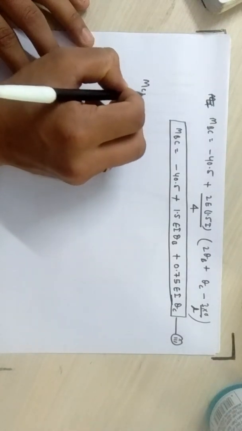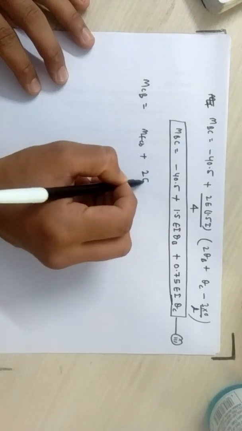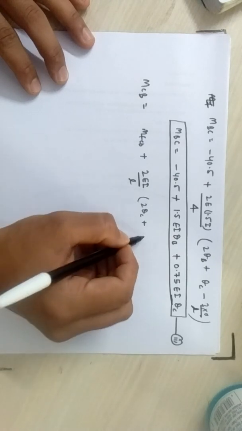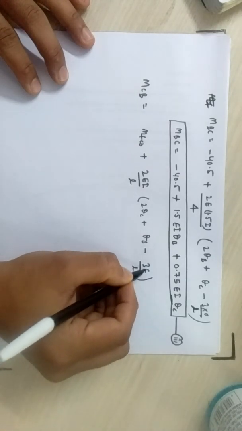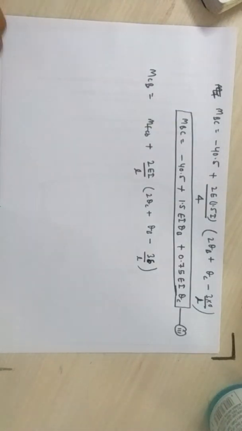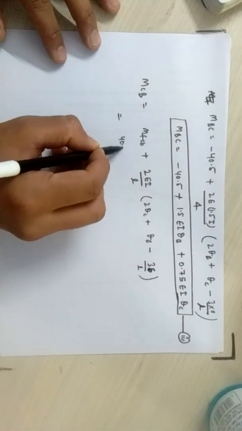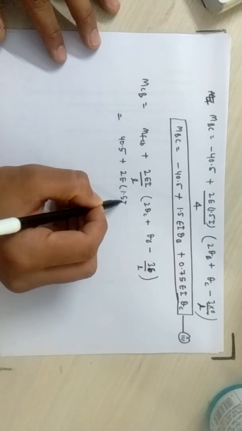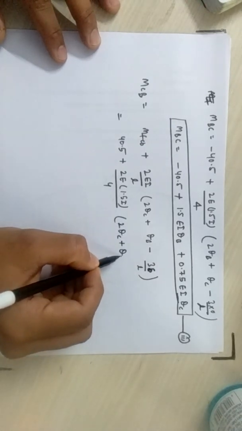Similarly, MCB will be equal to MFCB plus 2EI upon L, 2 theta C plus theta B minus 3 delta upon L. So MFCB is 40.5 plus 2EI, where I is 1.5I, L is 4, 2 theta C plus theta B minus